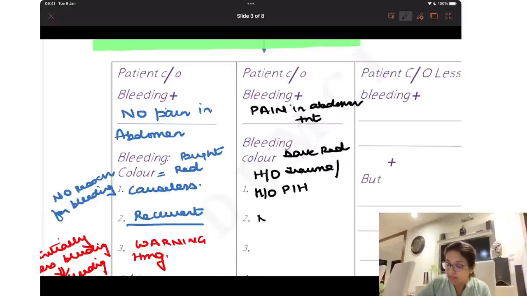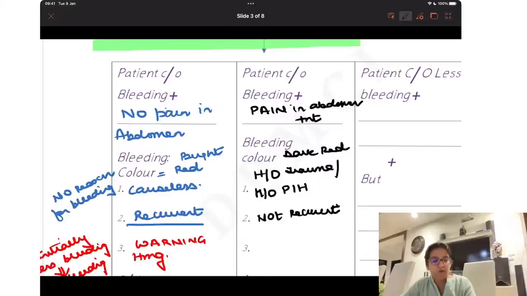Number 2, in case of abruptio, bleeding is never recurrent. What do you understand by this term? कि bleeding is never recurrent. इसका मतलब ये होता है कि जब भी abruptio होता है, abruptio का मतलब होता है that the placenta has started separating before the delivery of the baby, right? And जब भी placenta starts separating before the delivery of the baby, ये प्लेसेंटा पूरा का पूरा सेपरेट होता है